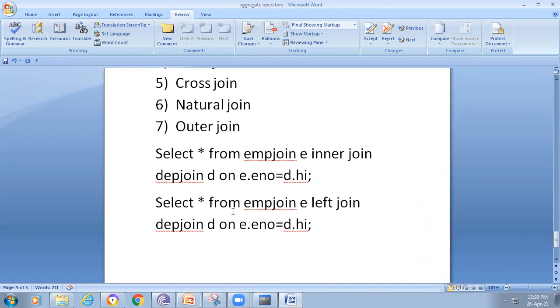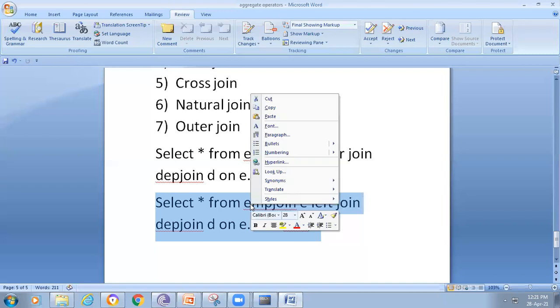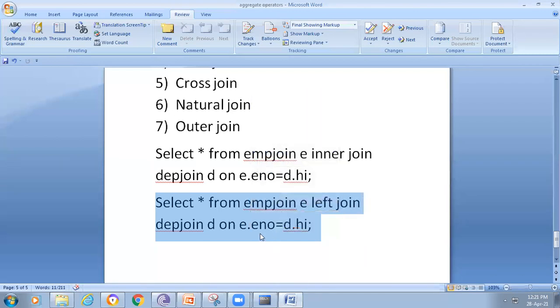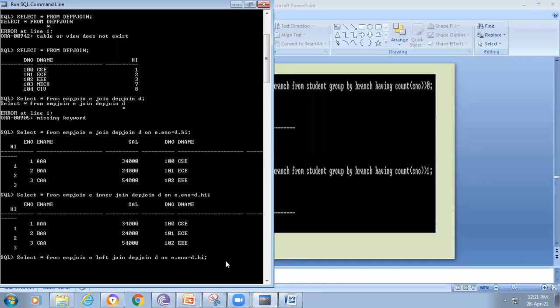Select star from EMP join E, join DEP D. If I give the left join, then what happened?